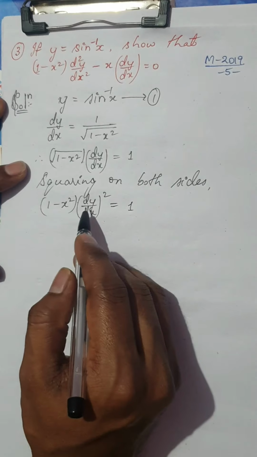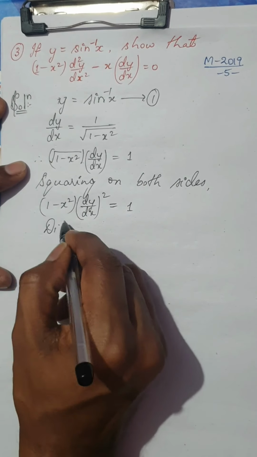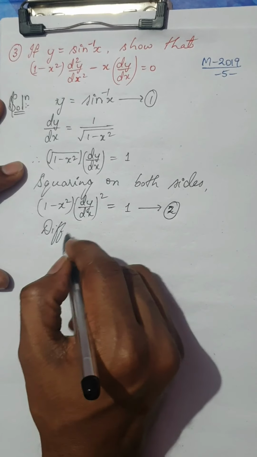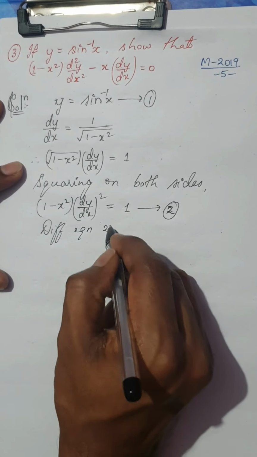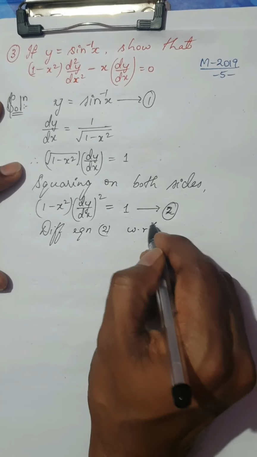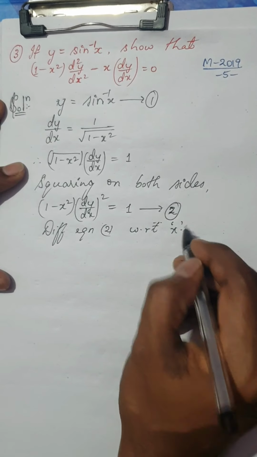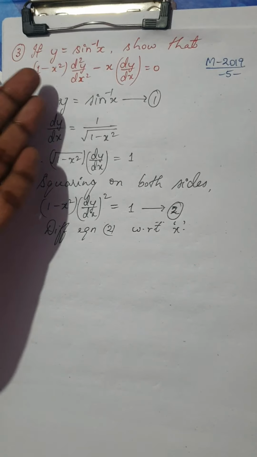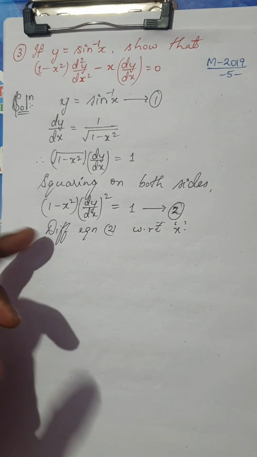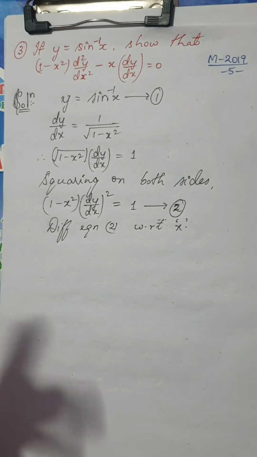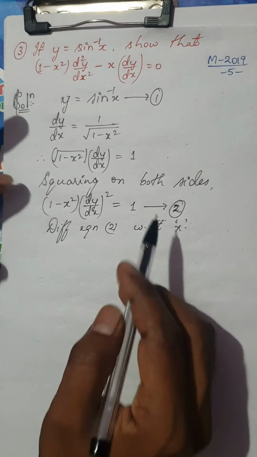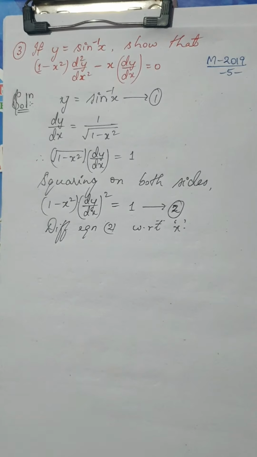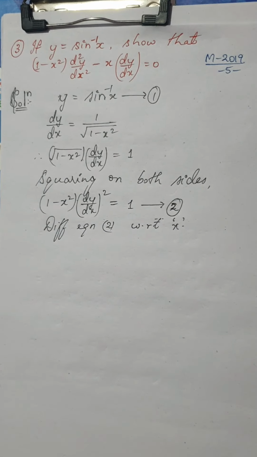Now you differentiate this step again. Let me take it as equation 2. Differentiating equation 2 with respect to x. Now, in the previous two questions we considered LHS and showed RHS, but here you are going to automatically get the required result. Now see here, I have a product of two functions here. Let me use the product rule. Is it clear?